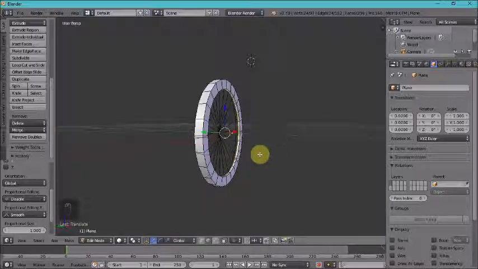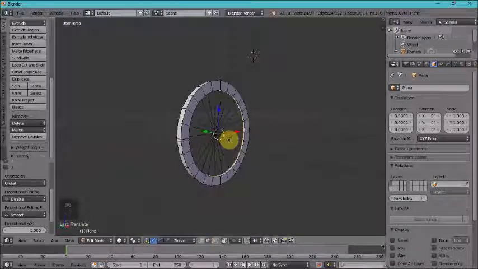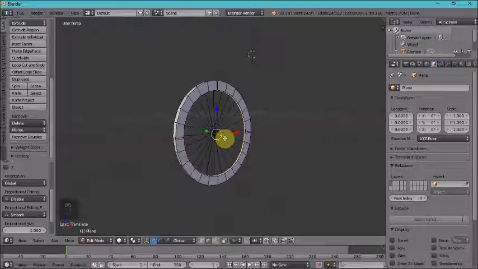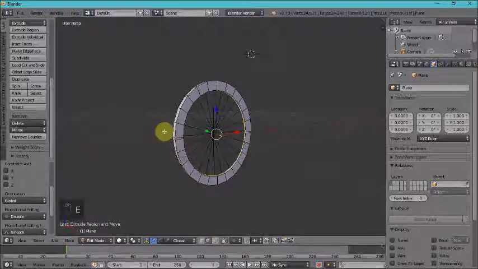Right there. Okay, I'll work with that. So now I'm going to pull it to the front a little bit more so I can fill in this face, the center face that will be the mirror, the face of the mirror. So I'm going to do another E for extrude, left click to confirm,